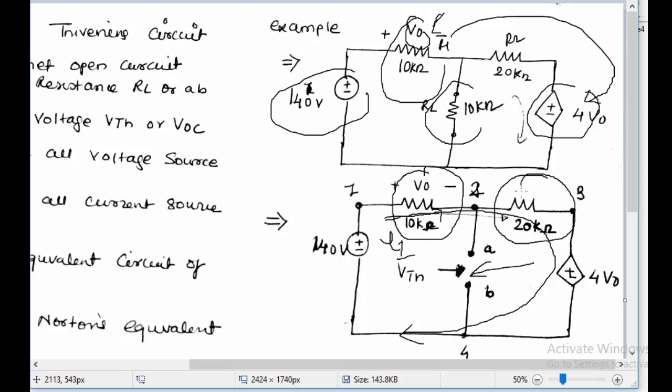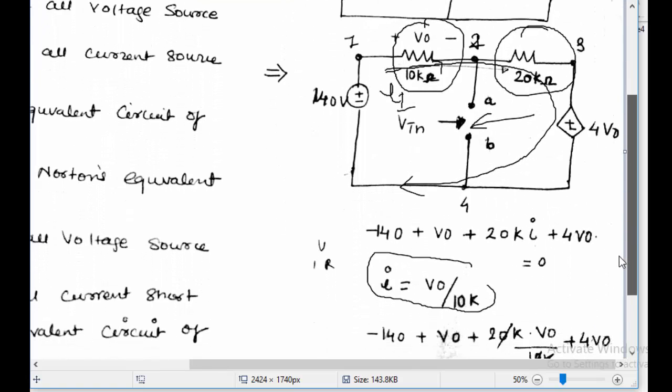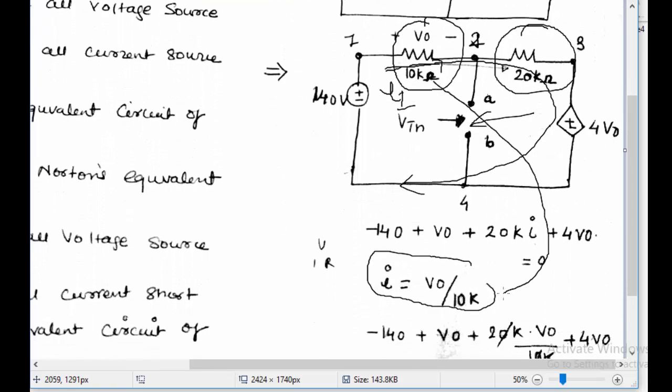Also it will be the same current flowing through the 20 ohm resistance. So you are using this to find out the current as V0, the voltage across this, divided by the resistance. That will be the current flowing through this resistance also. And using the KVL which you applied to the full loop,